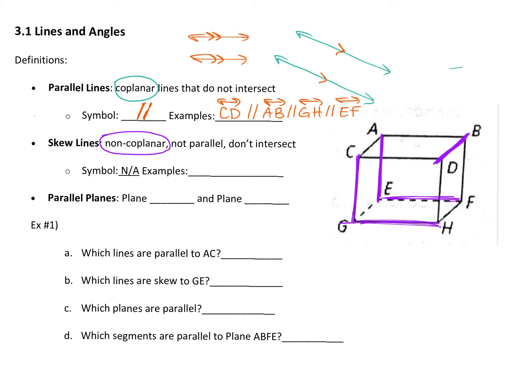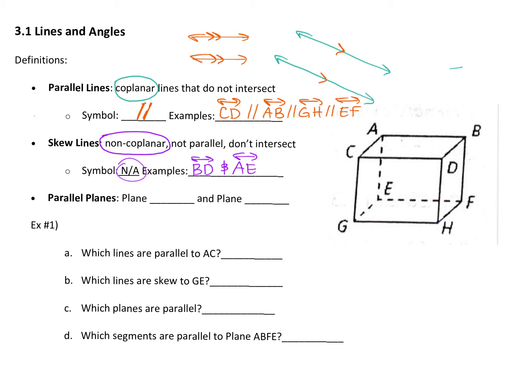Okay? And there is no symbol that we use for skew, but we would say, for instance, BD and AE are skew, or BD and CG. Pick any 2 skew sets of lines. That's fine. Any questions on skew? Okay, then